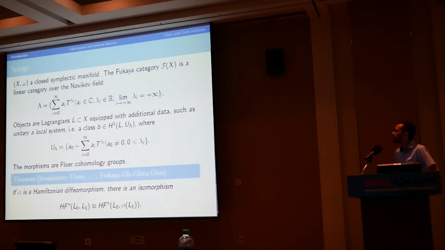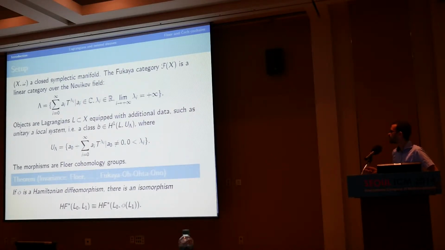So now when we talk about unitary local systems, we have to think about what is the analog of the circle over this field. The circle is the set of points in the complex plane that have norm 1. So you have to figure out what the norm is here. Let me just switch to valuation instead of norm. There's a nice valuation here: every non-zero series has a leading order term, so you take the exponent of the leading order term. Norm 1 corresponds to valuation 0, so we should look at unitary elements, those which have valuation 0. That's what I call U lambda here.